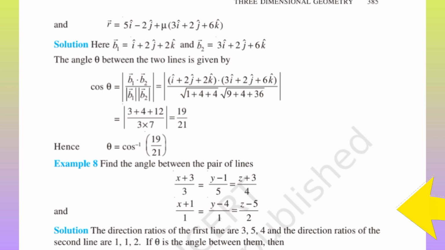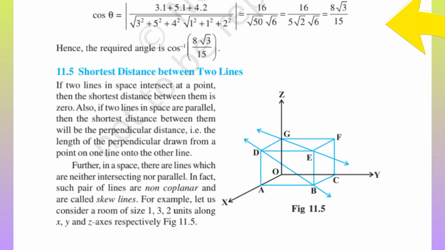Solution. The direction ratios of the first line are 3, 5, 4, and the direction ratios of the second line are 1, 1, 2. If theta is the angle between them, then cos theta is equal to (3 into 1 plus 5 into 1 plus 4 into 2) divided by under root (3 square plus 5 square plus 4 square) into under root (1